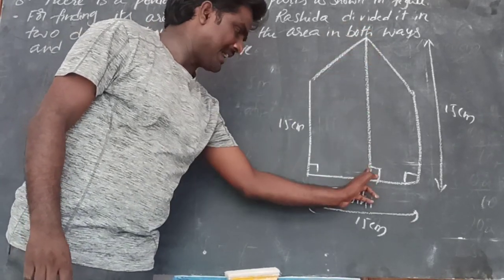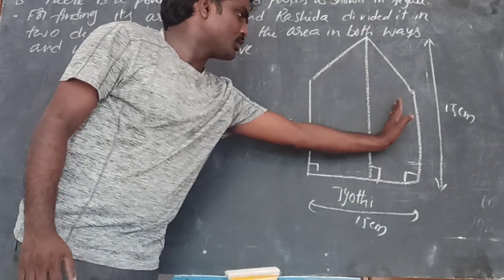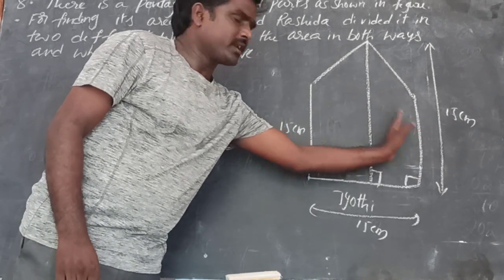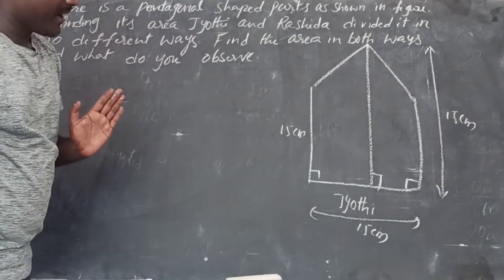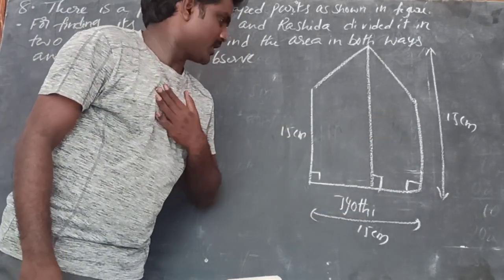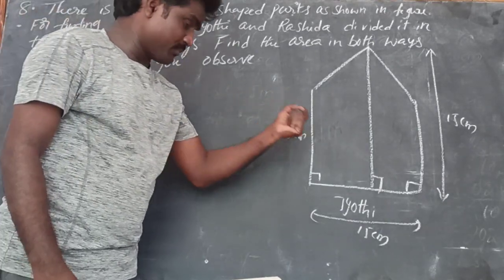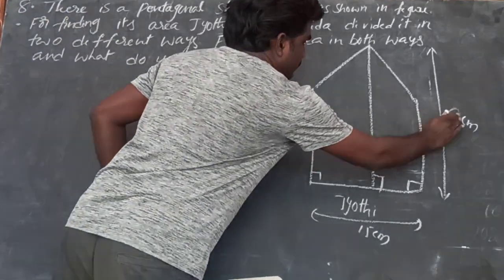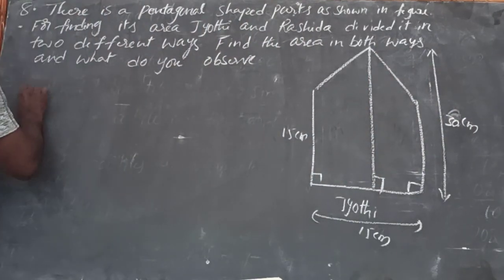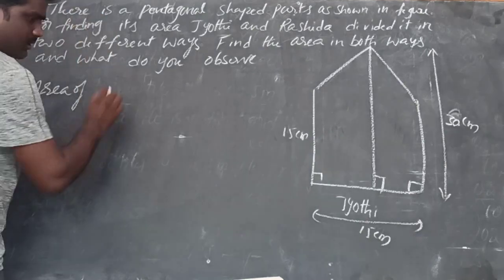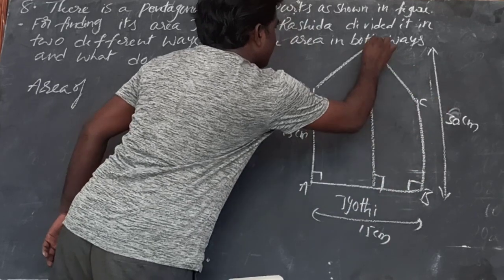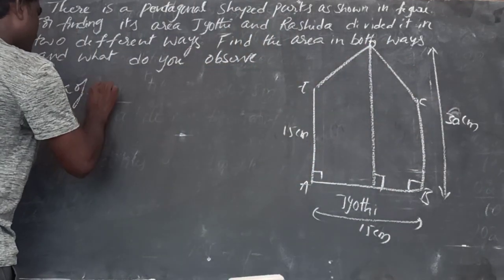How? Construct one line. When you construct this line, it divides into equal parts. The two parts are in the shape of a trapezium. Okay, so here, how can we find the area in Jyoti's process? Area of two trapeziums. Area of diagram ABCDE is equal to